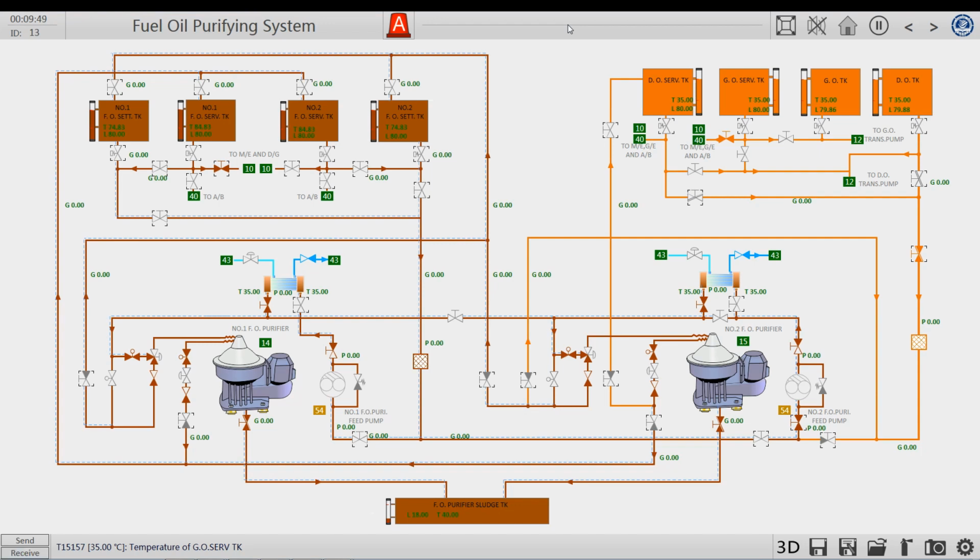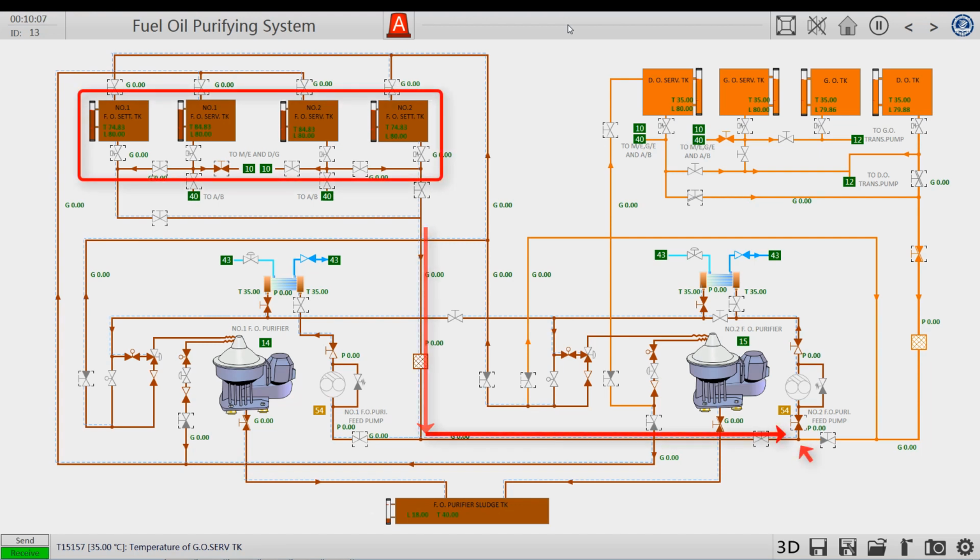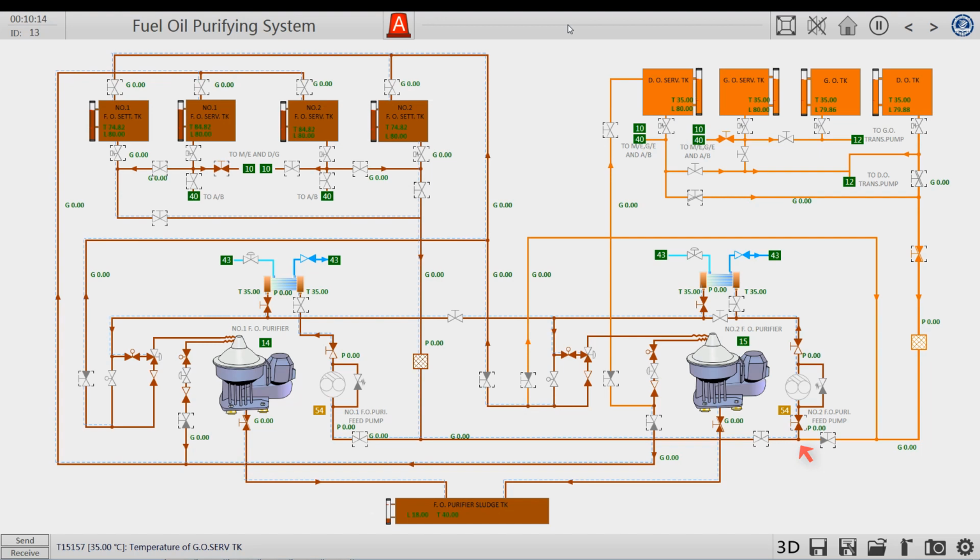There are 3 important nodes to notice here. One is the entry node. When separating and purifying heavy oil, fuel comes from the heavy oil line on the left. It's the same as number 1 separator. Fuel oil can be selected from 4 heavy oil tanks and transported by the left side pipe after passing the filter. Through the number 2 oil separator supply pump, after heating by the heater, entering the oil separator.